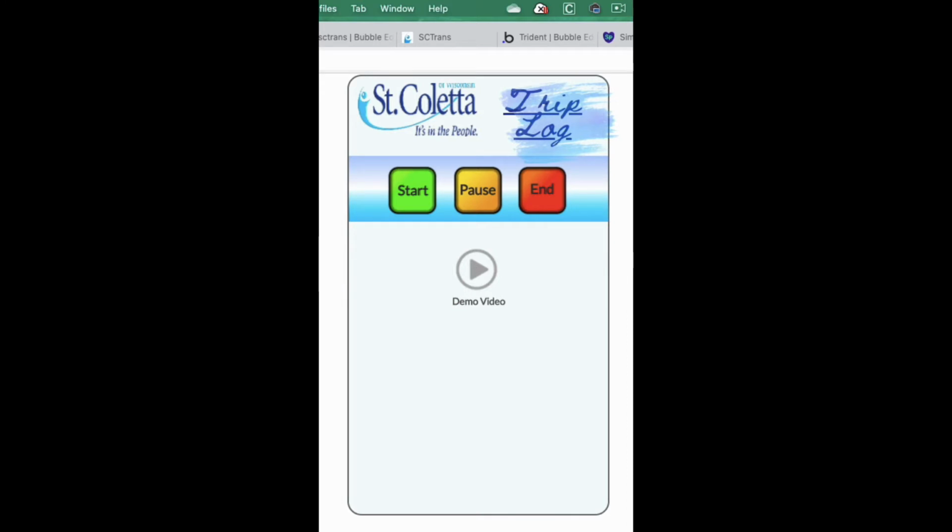Okay, the initial screen presented is this one. It's got the start, pause, and end button. And now this is a little video icon here. If you press that, it'll play this particular video again. So if you need a refresher on some of the features, you can just watch this video again. So you click the start button,